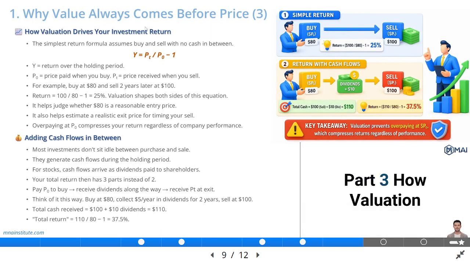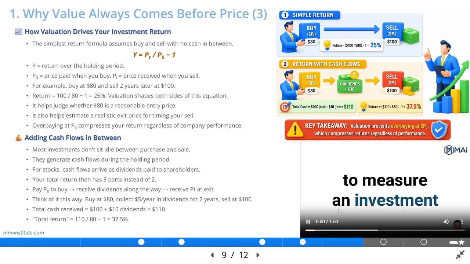Part 3. How valuation drives your investment return. The simplest way to measure an investment return assumes